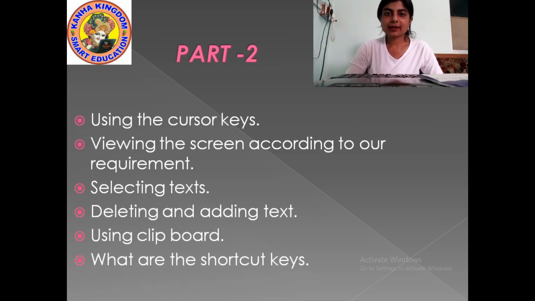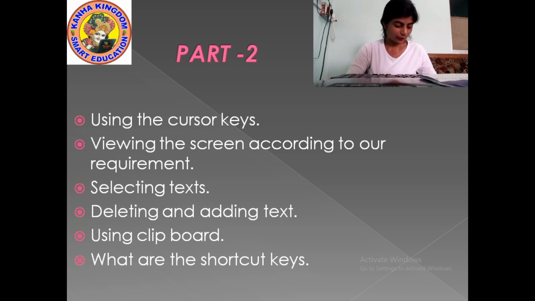So students, in part 2, what did you learn? You learned the using of cursor keys, the cursor keys that are present on your keyboard. The arrow keys that you find on the right side of the keyboard, those are the cursor keys.